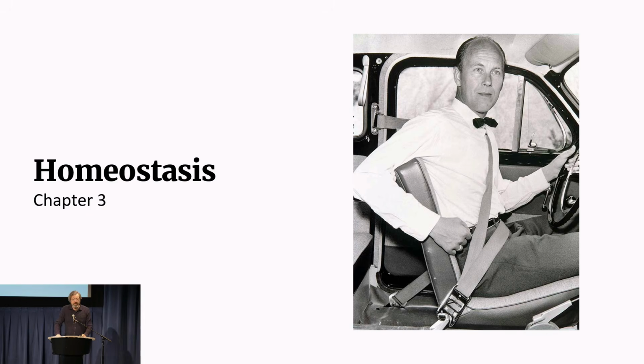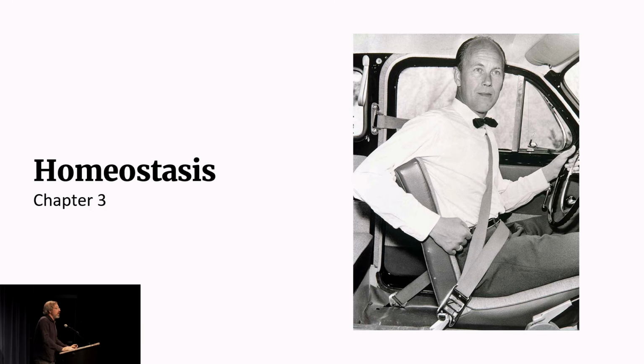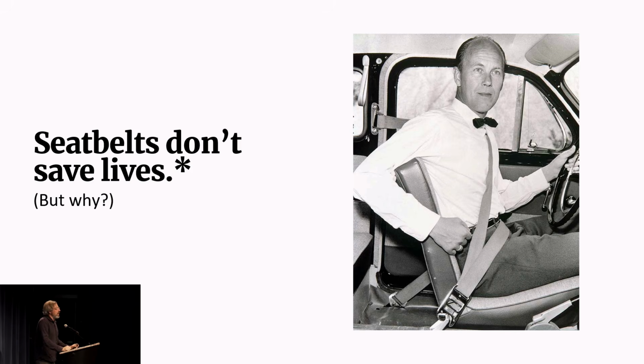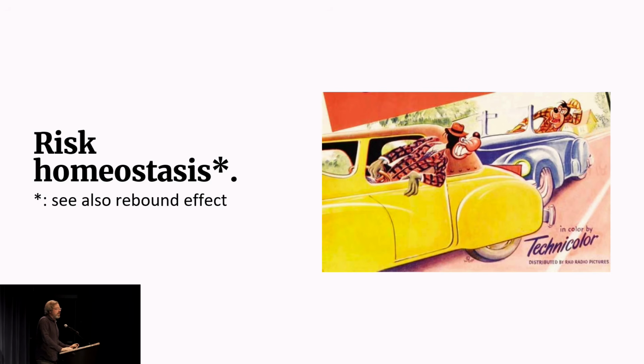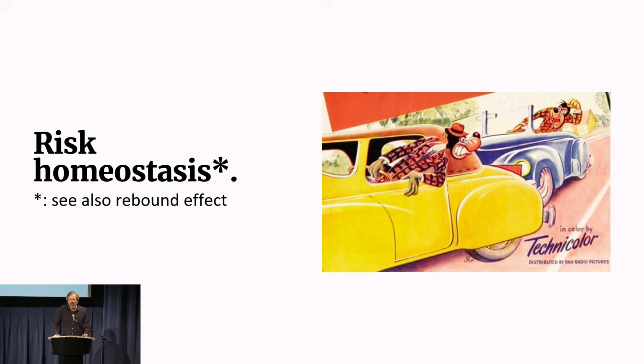I hope I've convinced you now that complexity is a complex problem itself, and that it manifests in a lot of different ways. So we're going to change gears a little bit and talk about seatbelts, and more specifically, why seatbelts don't save lives. And I have an asterisk here because this is a little bit of a controversial research topic. But the upshot of this is that in at least some studies, they found that after seatbelts became mandatory in cars, people still died on the roads at similar rates. And that was really surprising because